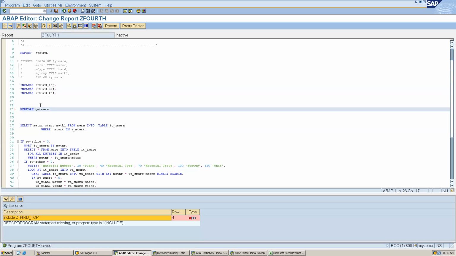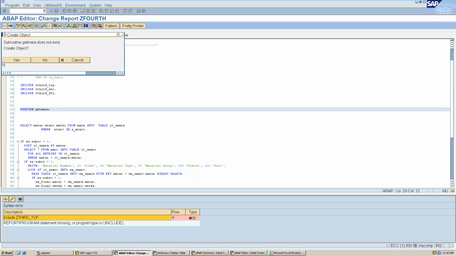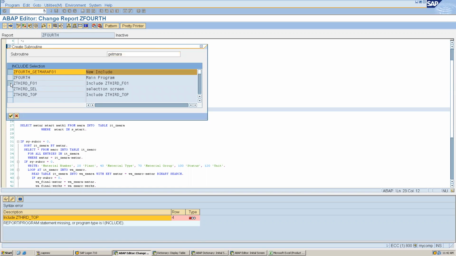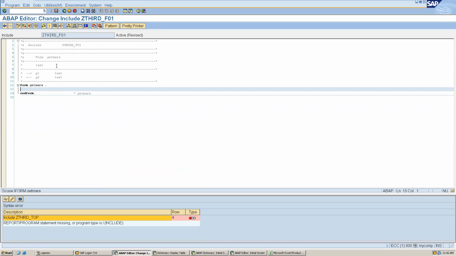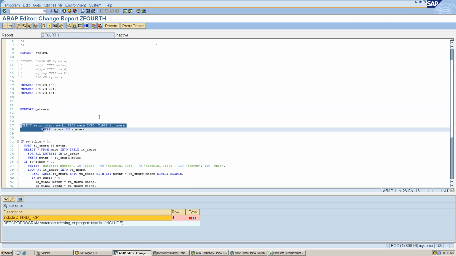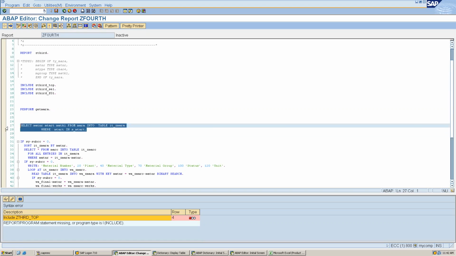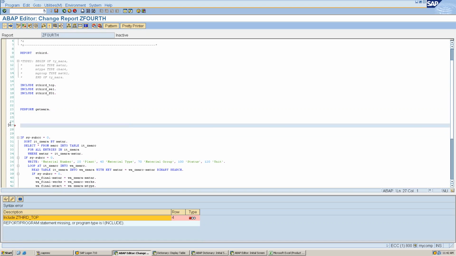I can save it. When I double click it, it will ask to create this object. Yes, I want to create here, so I select this F01 and click OK, and it will create the form for me. And what I can do is come here and move this logic. This is the simplest thing we are doing, and then we will see how we can grow.